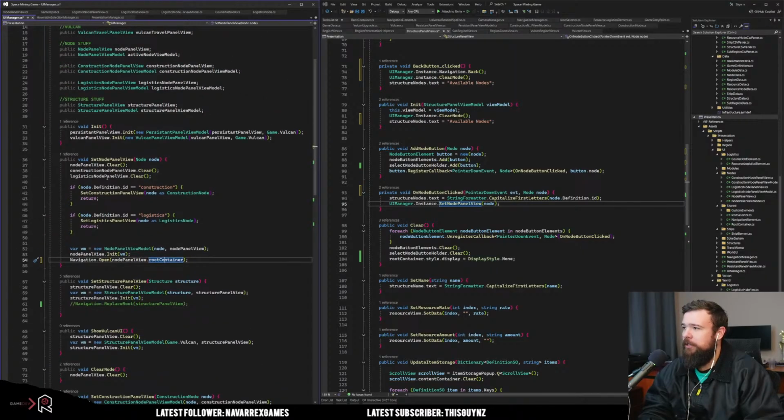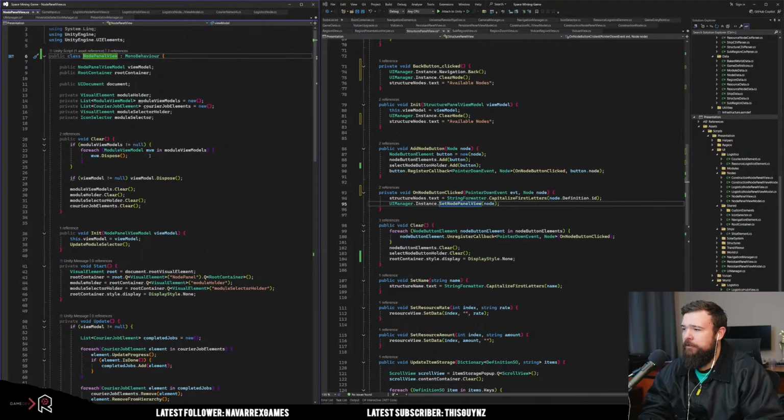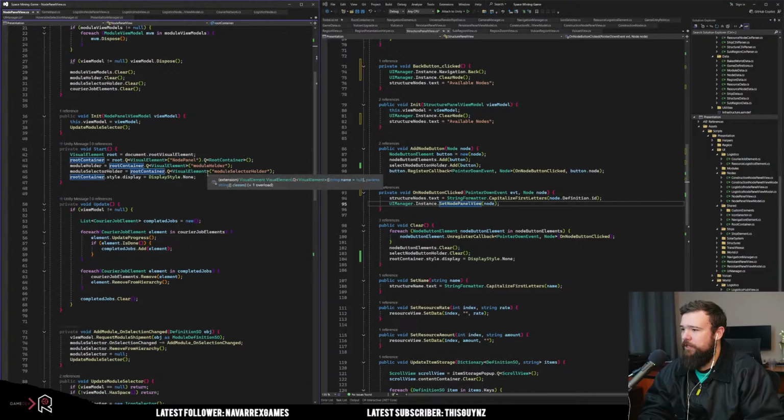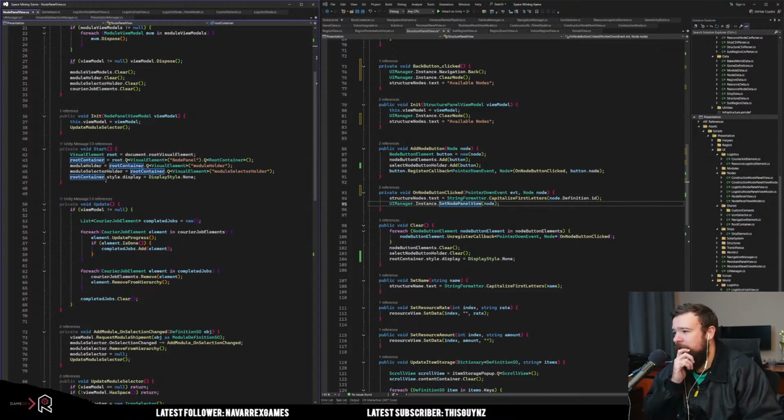Right, and the node panel view itself, yeah, it's got its clear thing. Yeah, so here we also just need to make sure we don't do any of this stuff. We could do it at the start, I suppose. We could just make it hide itself at the beginning, in case I didn't do that in UI Toolkit. So that's fine. We can keep that, but